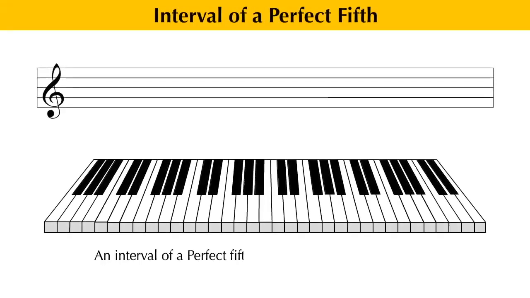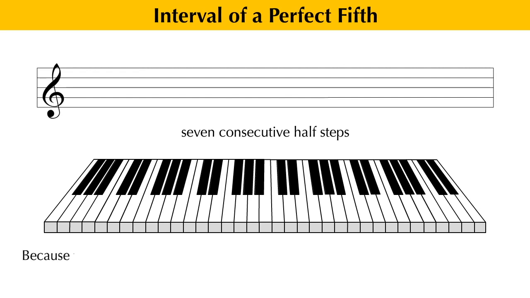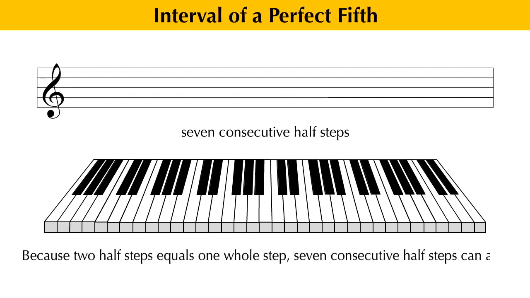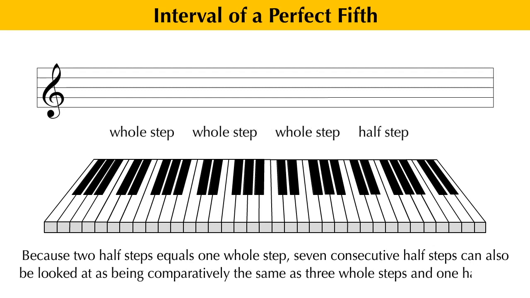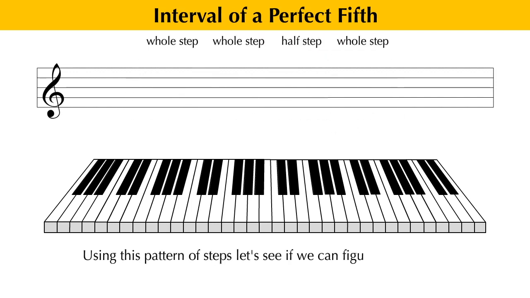An interval of a perfect fifth occurs when two notes are separated by the distance of 7 consecutive half steps. Because 2 half steps equals 1 whole step, 7 consecutive half steps can also be looked at as being comparatively the same as 3 whole steps and 1 half step. Using this pattern of steps, let's see if we can figure out what an interval of a perfect fifth above